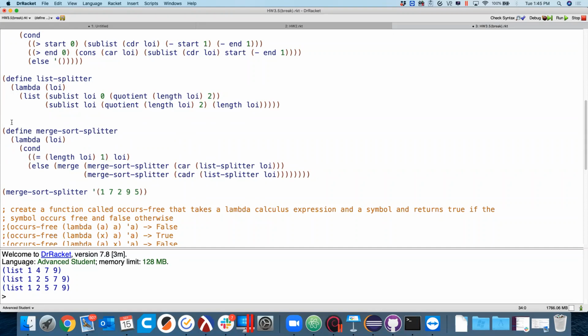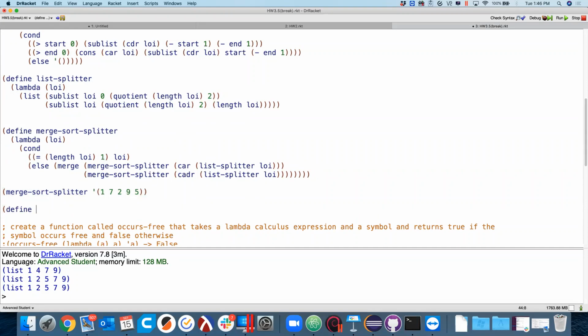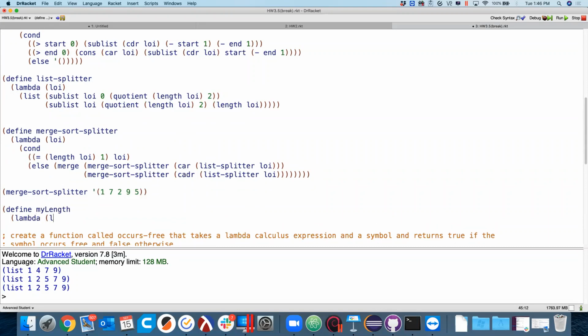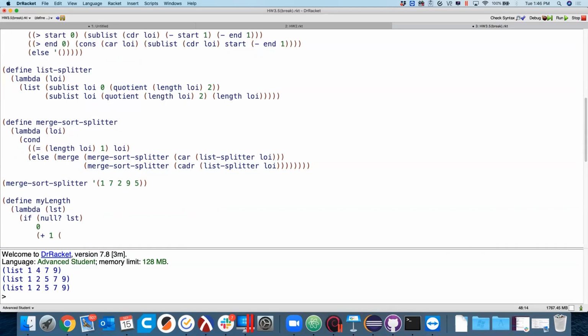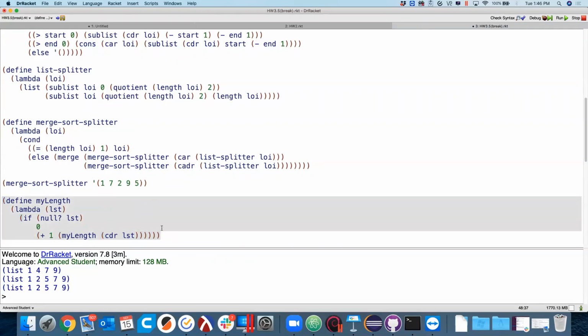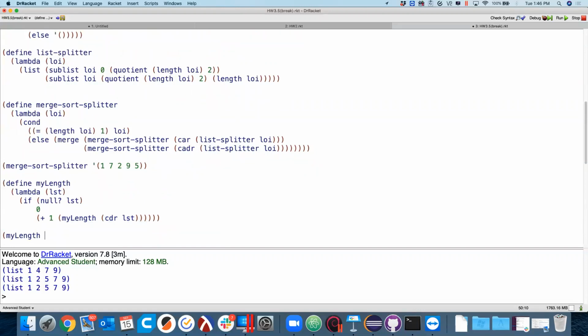Yeah, but even if we didn't, you could define your own length. If it's a null list, then return 0, else add 1 to my length of the rest of the list. And that kind of comes down to even like up above,